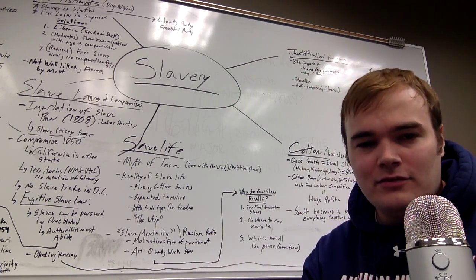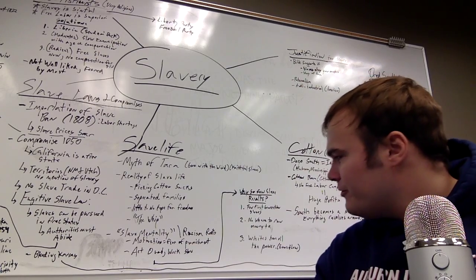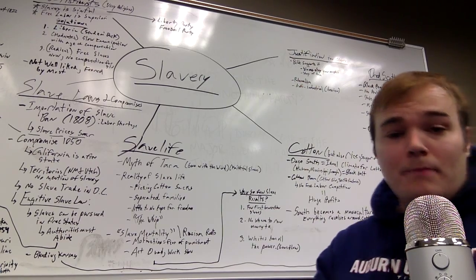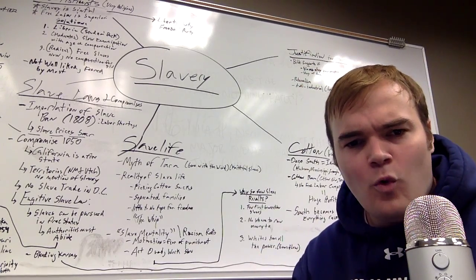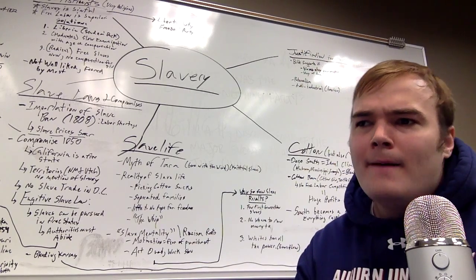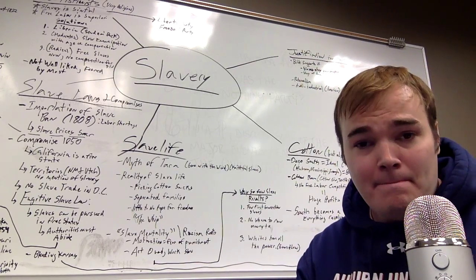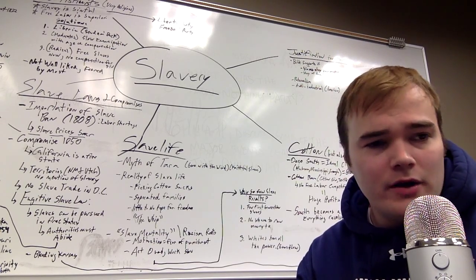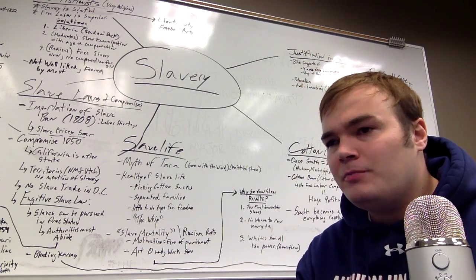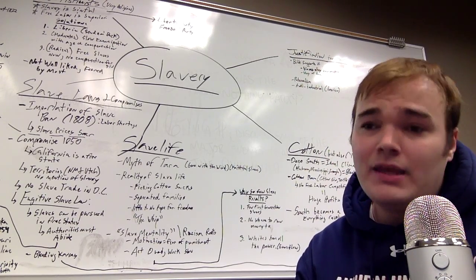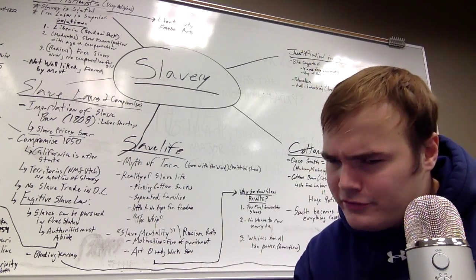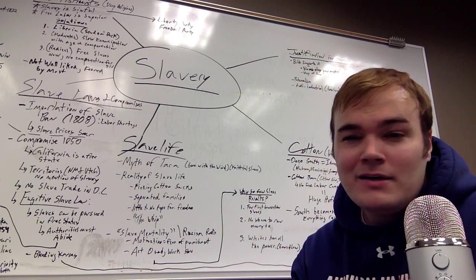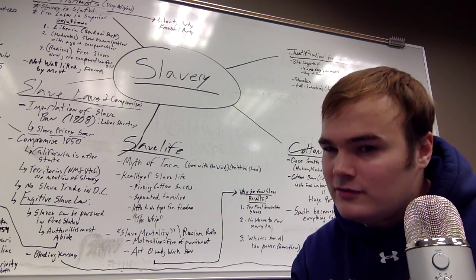Now, that's going to lead to this attitude by some slaves to act dumb or work slow, because if you act dumb, then you're going to not have the master riding on you quite as hard. If you're just being disobedient, saying, I don't want to work today, you're going to get a beating. But if you act like you don't quite understand, or you work just a little bit slower, I mean, you're not going to get punished for that. You're just going to do just enough to get by.